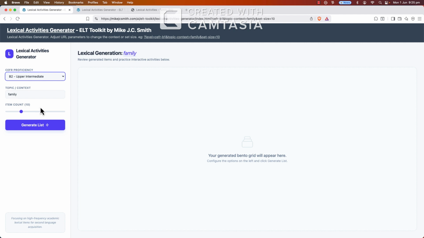So generally it would be B2, B1 level for intermediate, but we can go all the way down to beginner and up to a proficient. And the item count works best somewhere between 10 and 20. Then generating the list